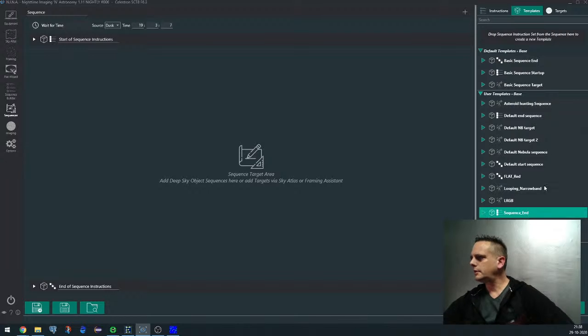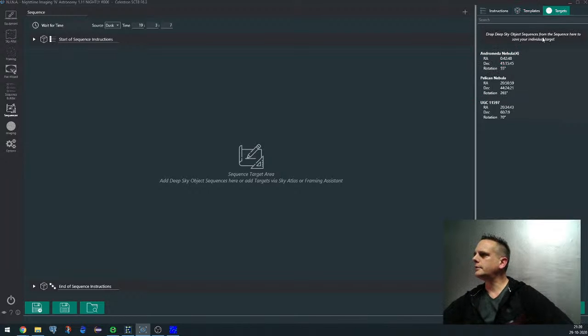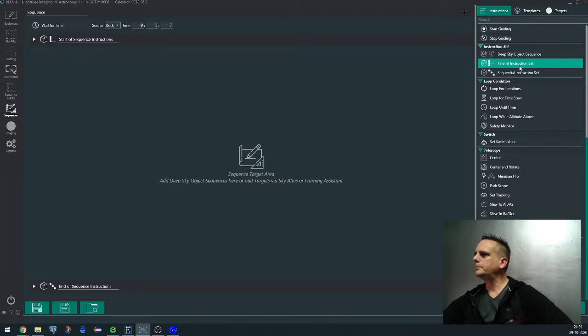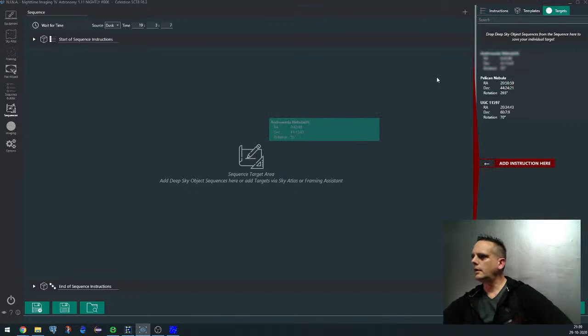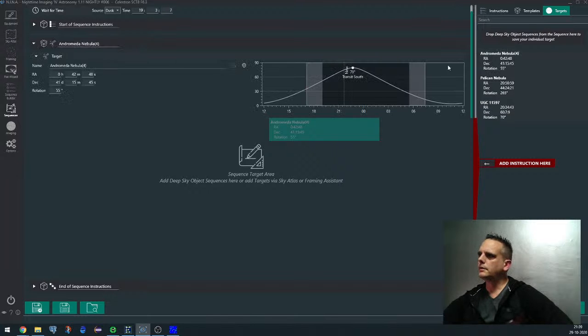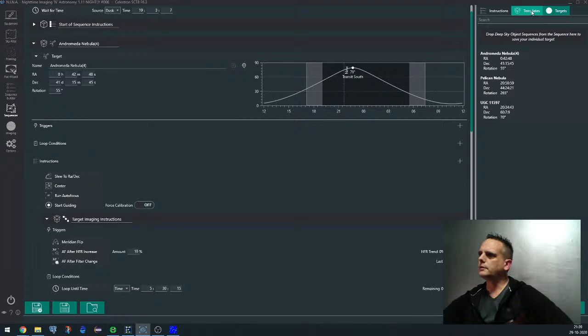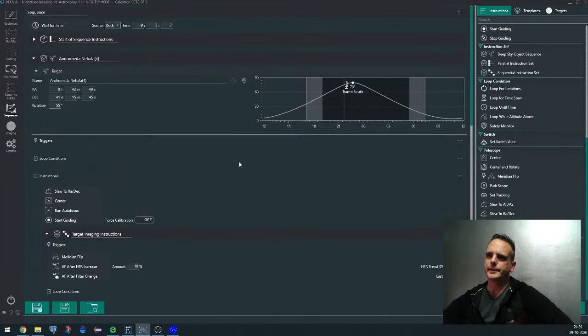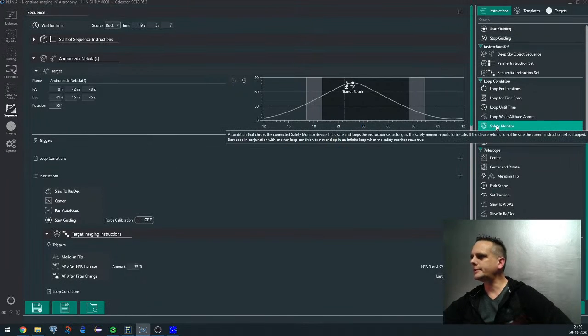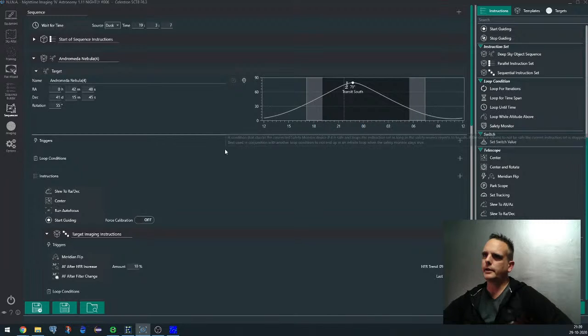Anything else I can actually show you? Right. So here there's also a safety monitor, which is new. If you have any safety devices, you can actually have it monitored, and this way you could actually